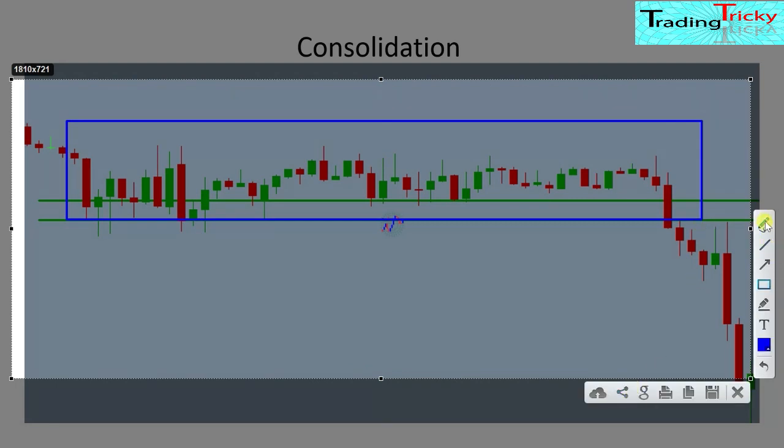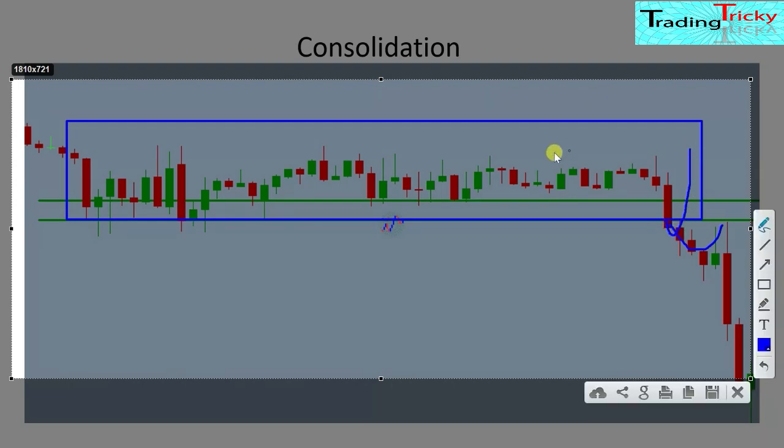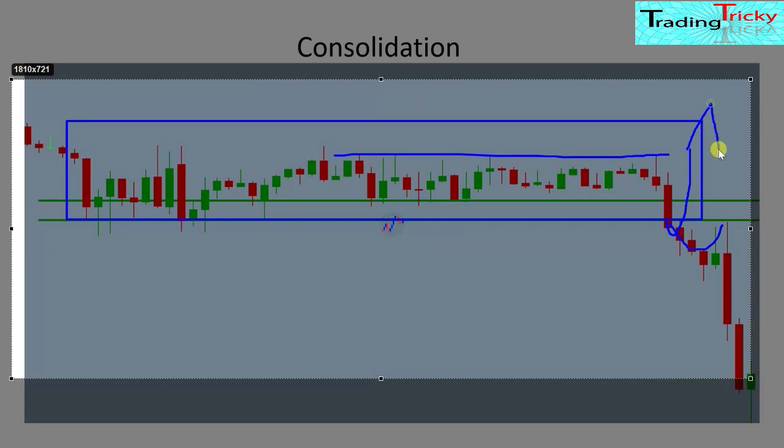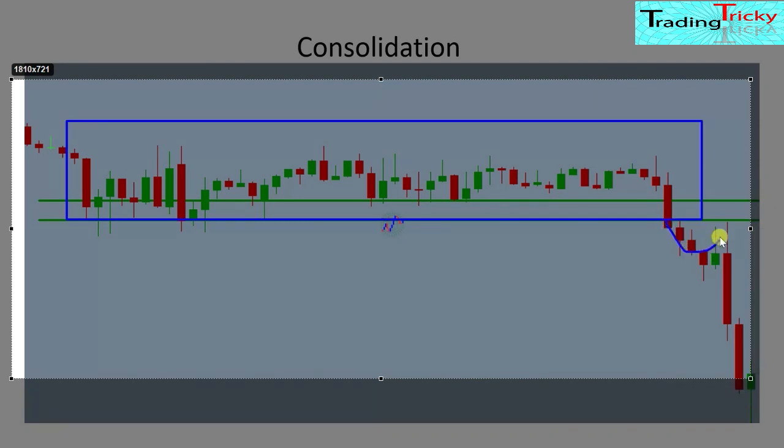You can place a trade when the area is broken, but if you see a long consolidation area, don't place a trade immediately as soon as it breaks this level. Better to wait for a retrace, because most of the time it will break with one or two candles, then it will go up and again break this upper side and it will make a bullish momentum most of the time. So better to wait for a clear breakout and then go with sellers when it retraces to the level.